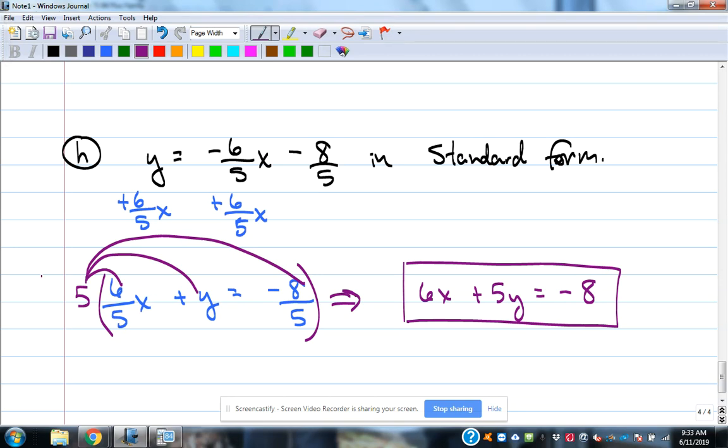Okay, so kind of the culminating idea here with this particular section is to take two ordered pairs and write it in all three forms. So if we got an equation, sorry,